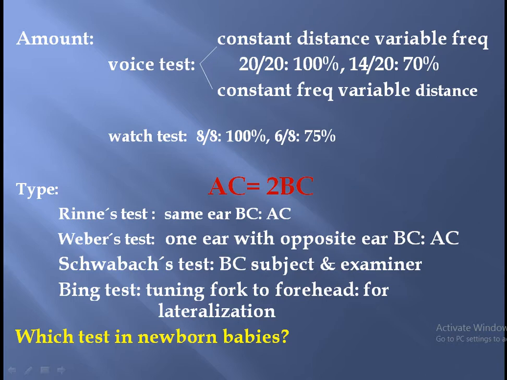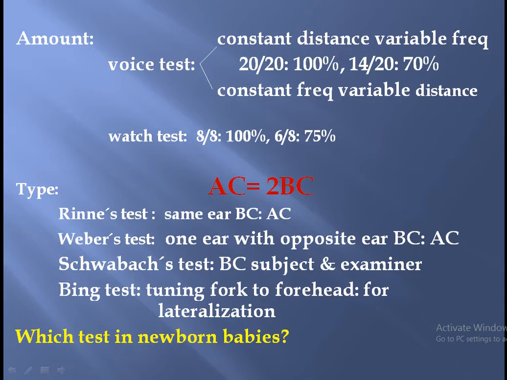Through these tests, you come to know about the air conduction and the bone conduction. Normally, air conduction is double the bone conduction. In Rinne's test, it is performed on the same ear to check the bone conduction and the air conduction. In Weber's test, one ear is compared with the opposite ear, and in the Schwabach test, the bone conduction of the subject is compared with the examiner's